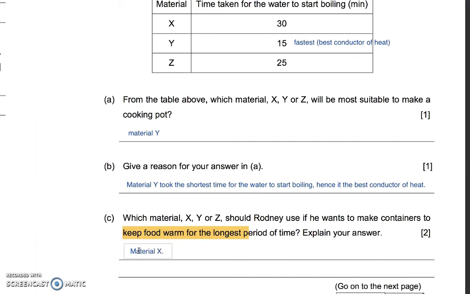And the reason is because it took the longest time for the water to start boiling, and so we can say that it is a poor conductor of heat. And since it is a poor conductor of heat, it will be able to lose heat the